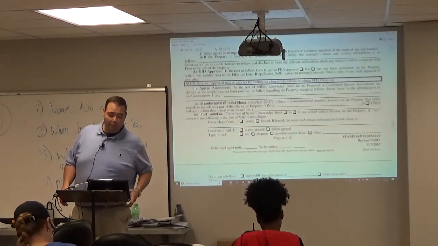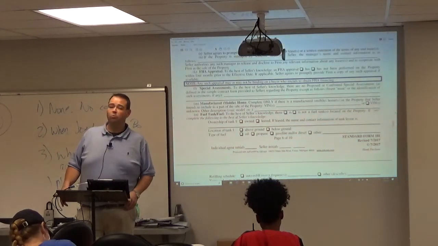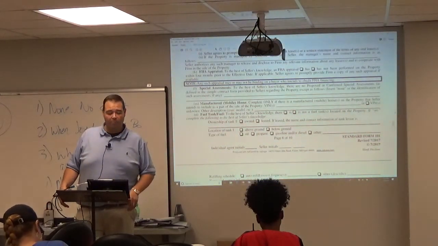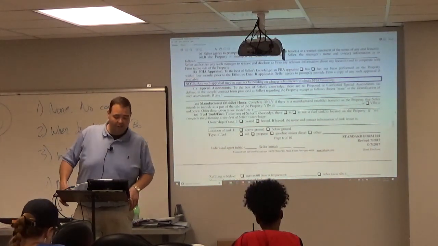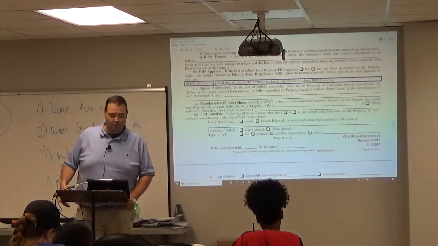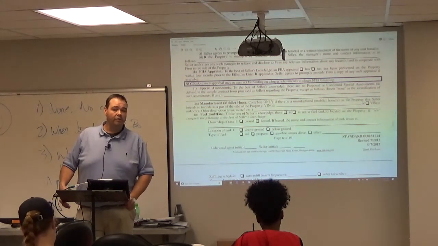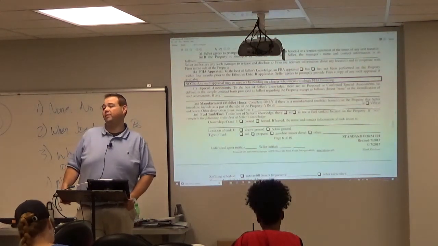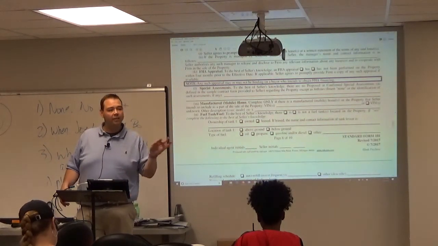I love at the bottom of page 6, just as a reminder, in case you don't remember, manufactured homes are what? Personal property. They are cars. They are personal property. So here it says complete only if there's a manufactured home on the property that the seller includes to transfer as part of the sale. And you want to list what? The VIN, the vehicle identification number. I'm trying to discipline myself on how to say VIN number. I do it all the time. But technically the N stands for number, right?